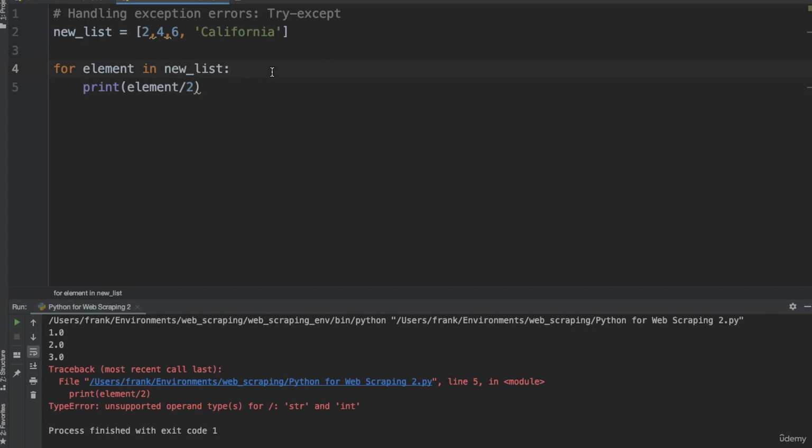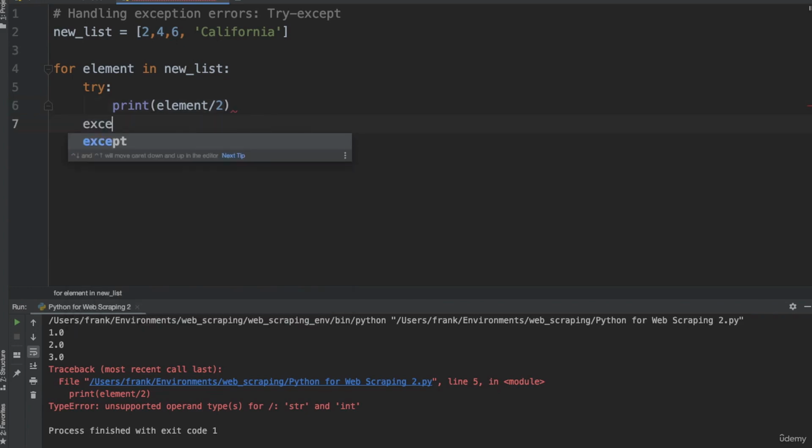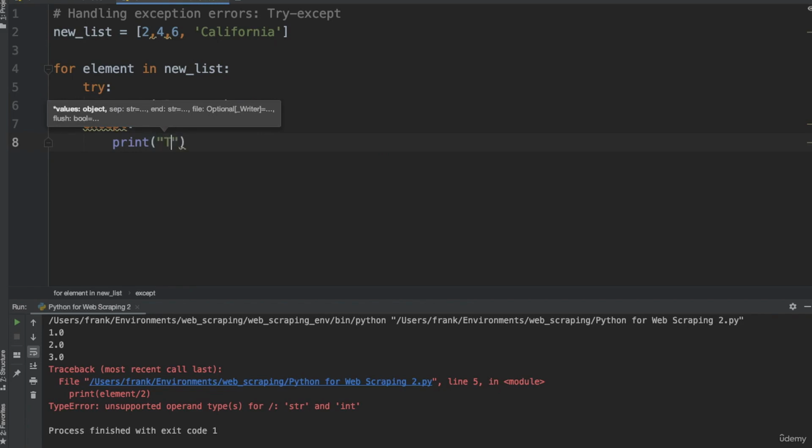So we have the try and the except keywords. So let's start with try. We write try, then colon, and here we have to indent this. So in the try block, we execute the same operation we want to make. So far it's fine. It's just what we did before. We just added the try statement, but we will still get the error. So to handle this error, we have to use the except statement. So in the except statement, I'm going to write a message. So I say print and then write the message, the element